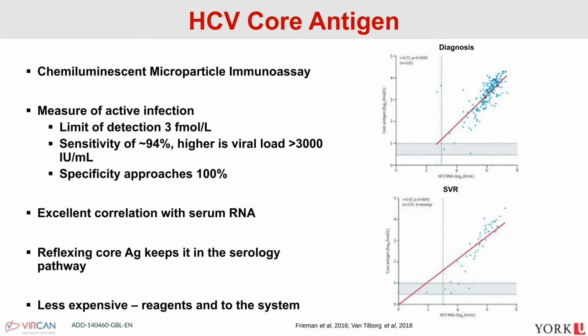It's also less expensive. So I won't speak extensively about the cost effective analysis, but our group has done a bit of work just around the costing. And it's not just less expensive for the lab because the reagents are less per test, but it's also much less expensive to the system. So when we did some modeling, at least in where we are in Canada, it's 5 times less expensive to use an antigen test over nucleic acid testing. And in a lot of environments, especially in our currently stretched healthcare system, this is really something to consider.